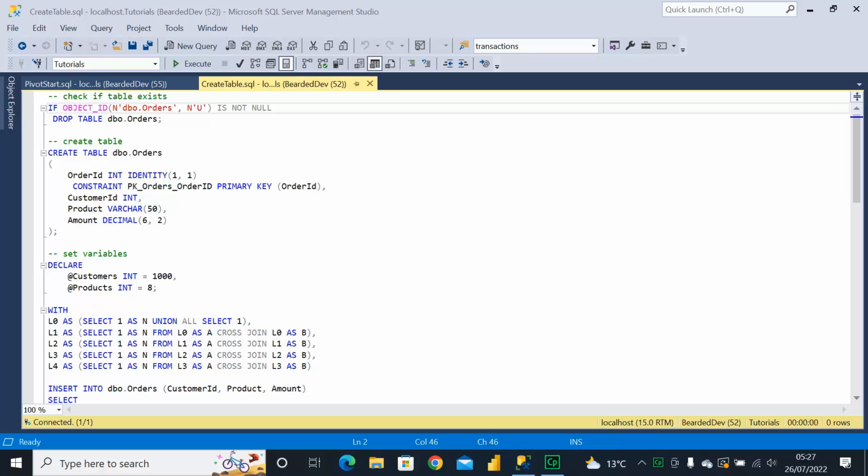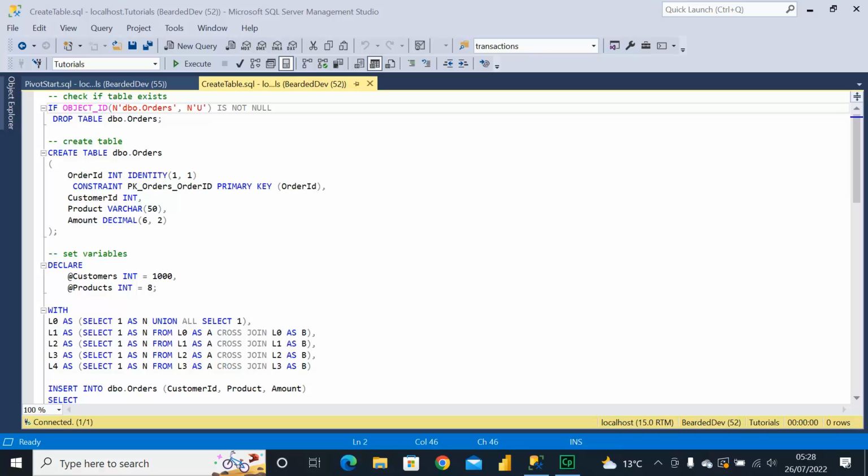In this video we're going to be looking at adding totals to rows and columns in pivot tables. Now the first thing I should mention is this is probably not my preferred approach when it comes to working with data. I would much rather output that data to another tool such as Power BI, Excel, or even a front-end application. But I am going to show you in this video how we can add total rows and columns